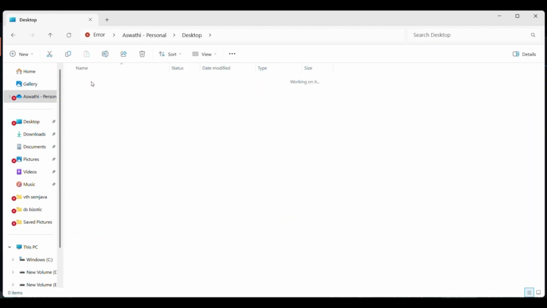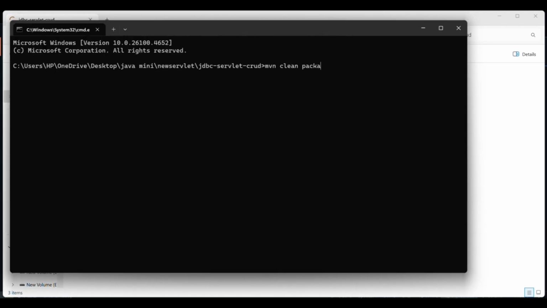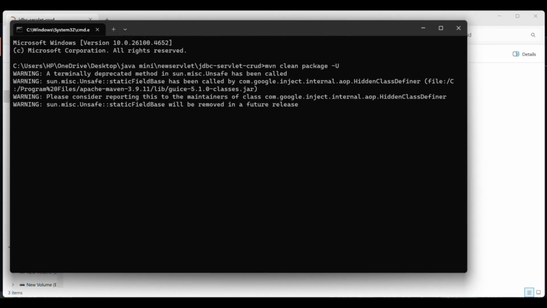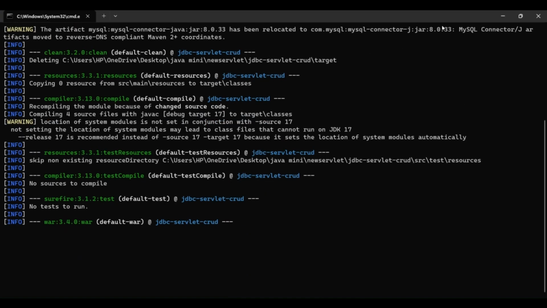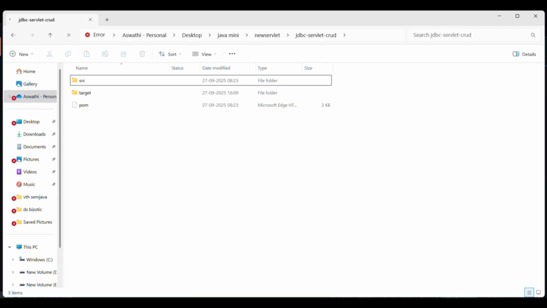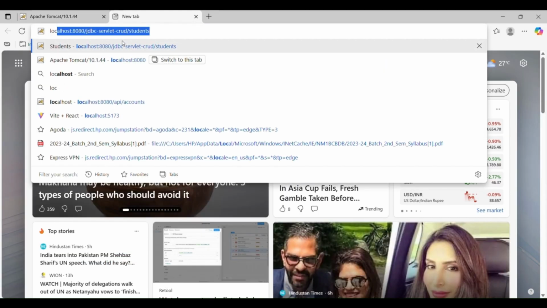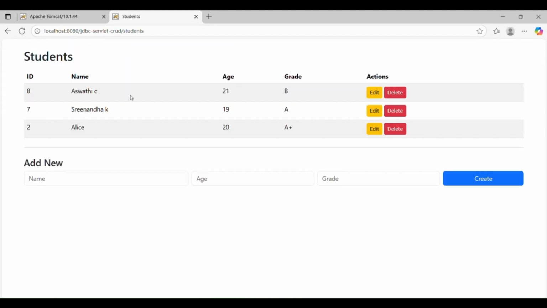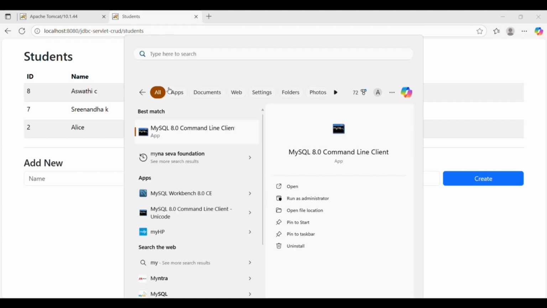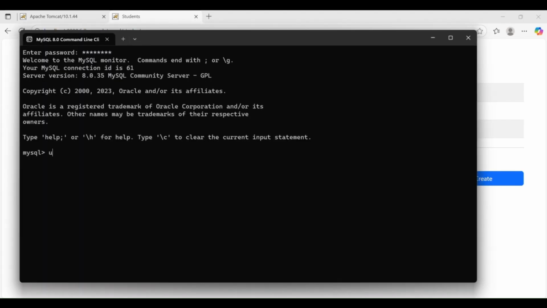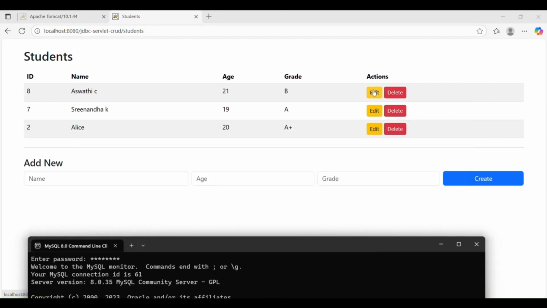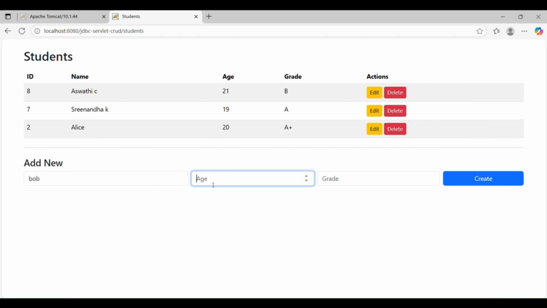To build and run the project, first execute mvn clean package, which will generate the WAR file at target/jspservletcrud.war. To deploy it to Tomcat, you can either copy the WAR file to the %TOMCAT%/webapps/ directory and run /bin/startup.bat, or, if using VS Code with the Tomcat for Java extension, right-click the Tomcat server, select Add Deployment, choose the WAR file, and start the server.